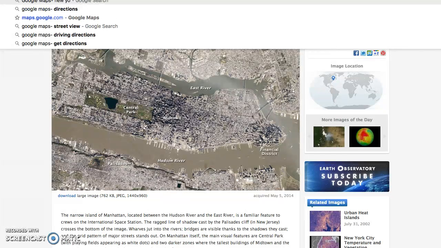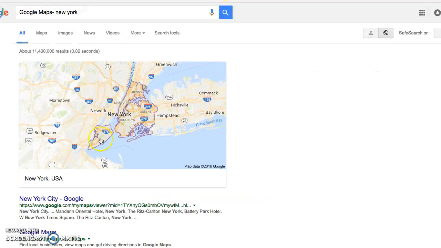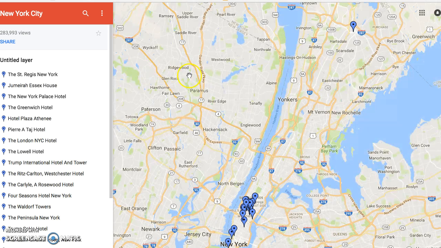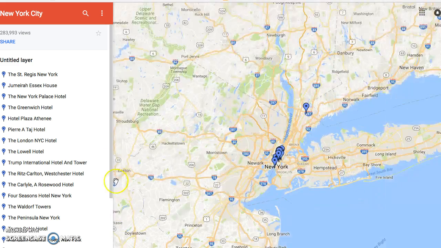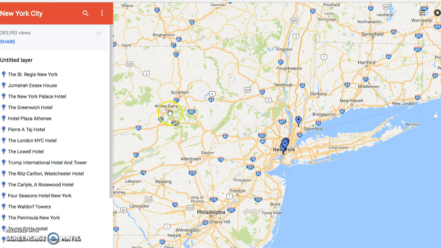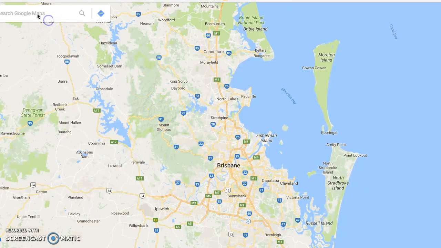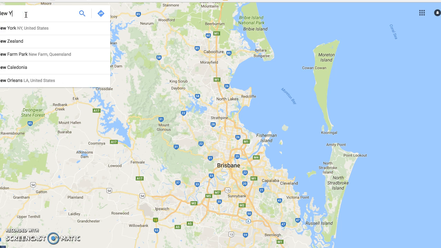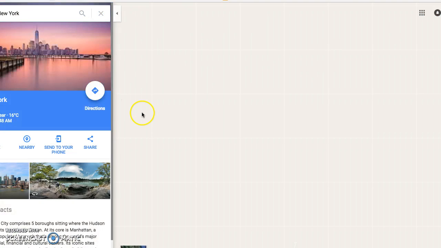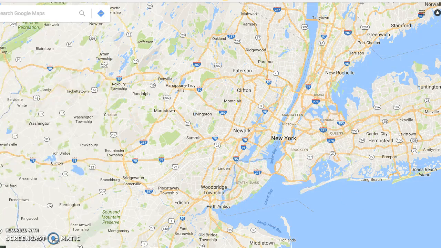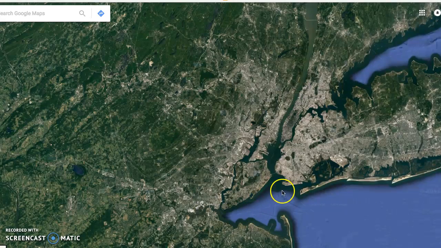I don't actually think that's all of New York City. Really? I think it's missing some. Let's try. Okay. I'm going to need to expand out. This is not Google Maps, is it? No, that's not the one you want. New York. Aha. If I do the Earth view, we go